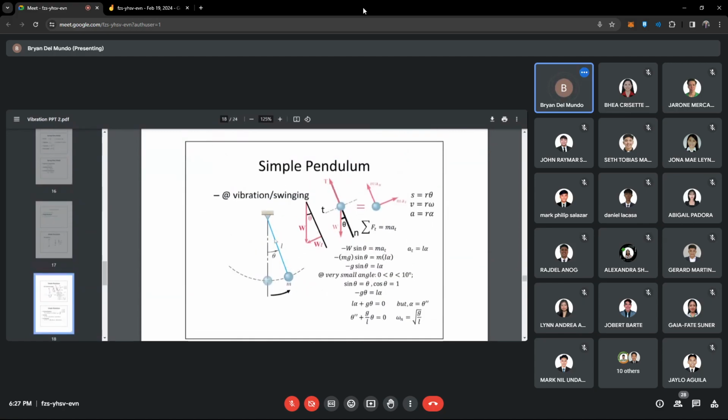And then when it comes to vibration, so let's try to, kapag hinila mo na siya, let's say when you pull this object,